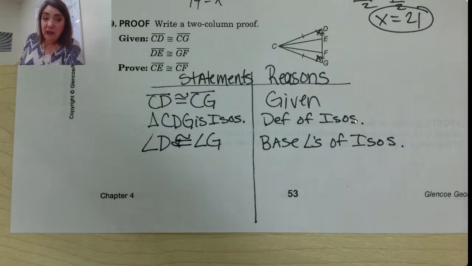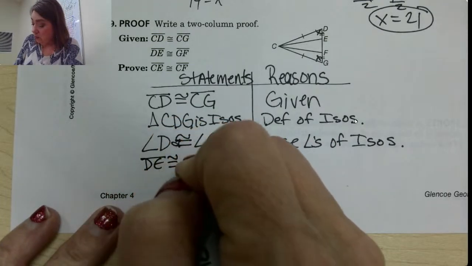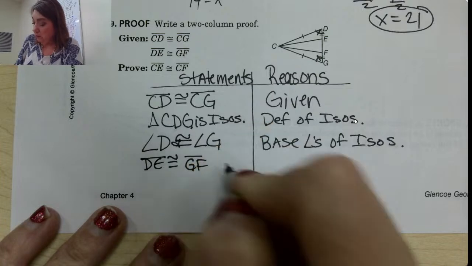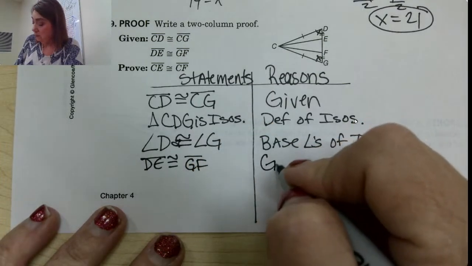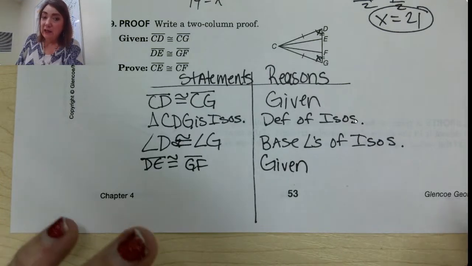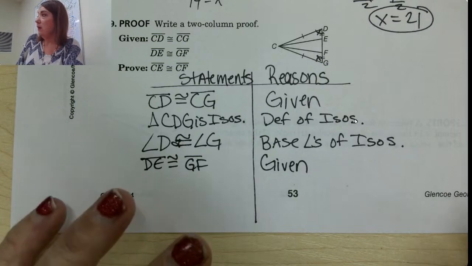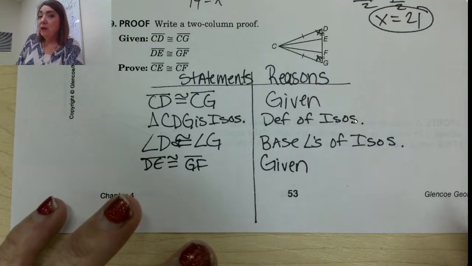Okay, then they tell us that DE is congruent to GF. So let's write that down. DE is congruent to GF. How do we know that? Given. Now, that right there doesn't do anything for us as far as telling us anything else, right? But